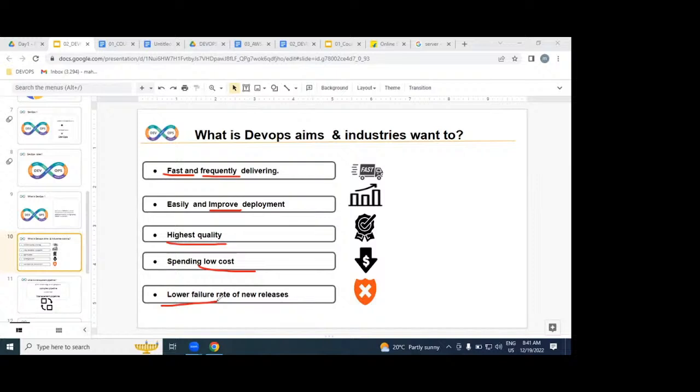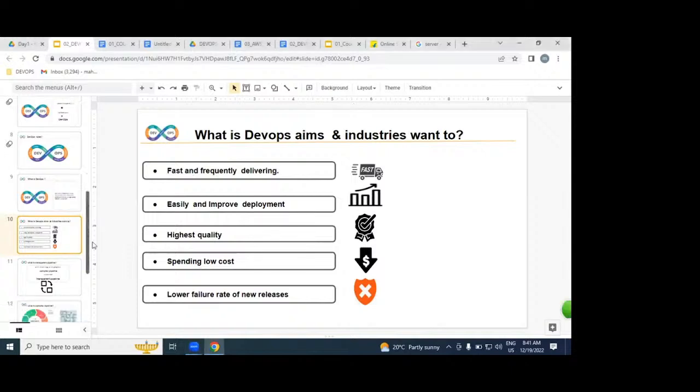Simply, speed is increased, cost is reduced, and quality is increased. Quality is increased and cost is decreased, so who wouldn't want this technology? That is the reason there is more demand in DevOps. Understood very clearly. If you go to any shopping mall and are buying jeans or a pant and shirt, instead of 2,000 rupees, if you get it for 200 rupees, you are happy or not? Are you saving your expenses or not? The same concept.